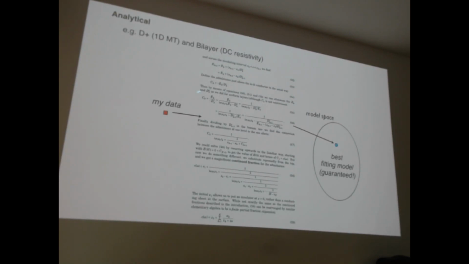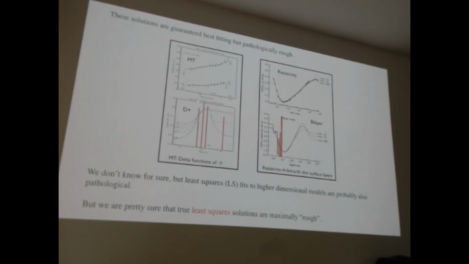And it's formidably complicated mathematics. Continued fractions and all sorts of stuff. But he wrote a computer code and gave it away, so anybody can do this. There's only one problem. The model he gives you